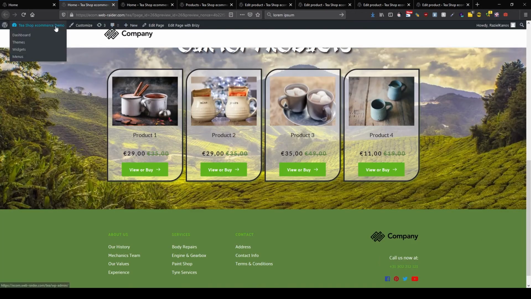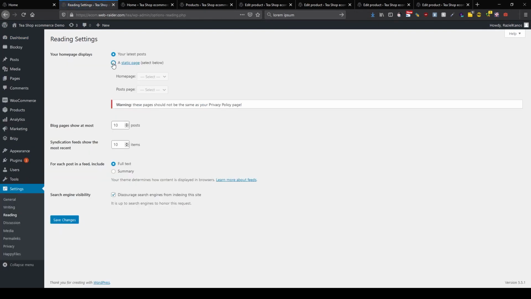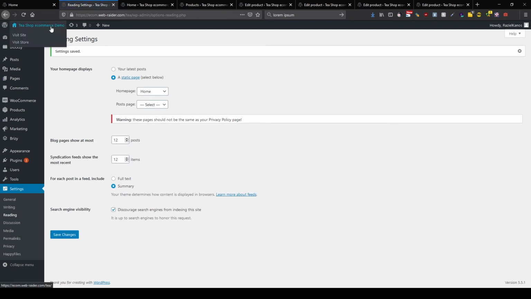So we now have here our new home page. So we go into WordPress, settings, reading, and here we change from your latest posts to a static page and choose as home page our new home page. While we're here, let's change this one too, so we add them to 12, and we only want to show a summary. Save changes. So if we now go to visit our site,